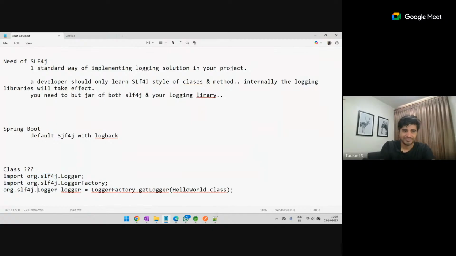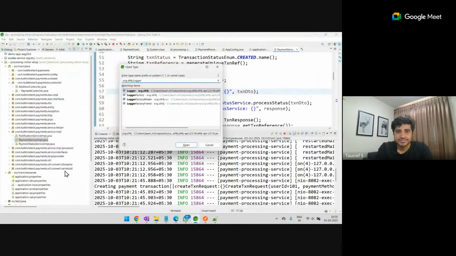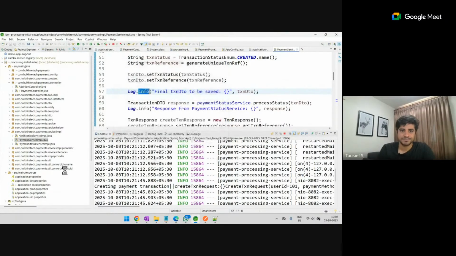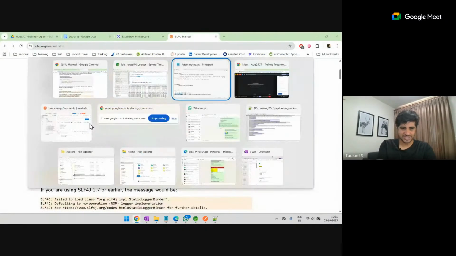You are supposed to use org.slf4j.Logger. Okay, let's see what exactly this is. Is it a class or is it an interface? Let's check it out. We'll go into our code, Control-Shift-T. This first one, it's an interface. So they have provided that kind of abstract definition of what methods should be available, and then the child classes are implemented by other people maybe, right? So by this way, we just need to use